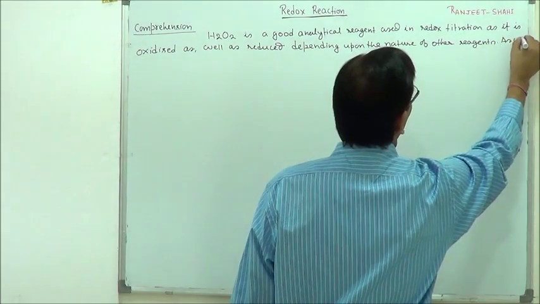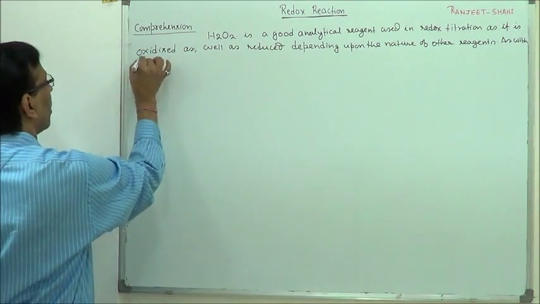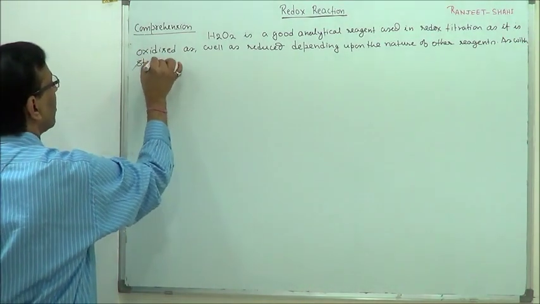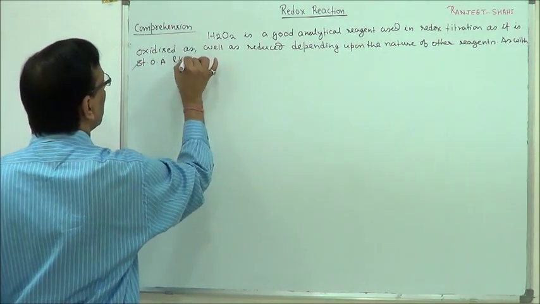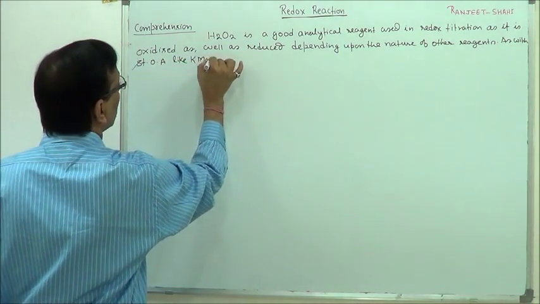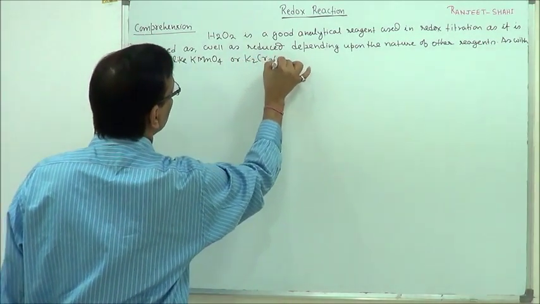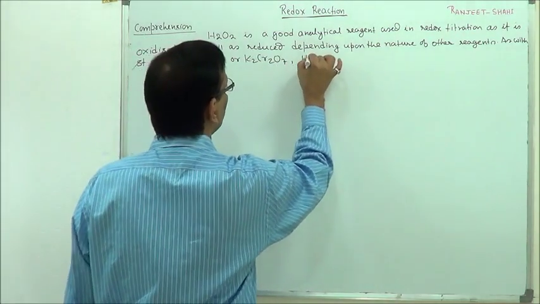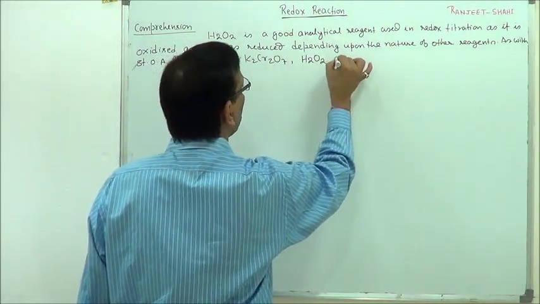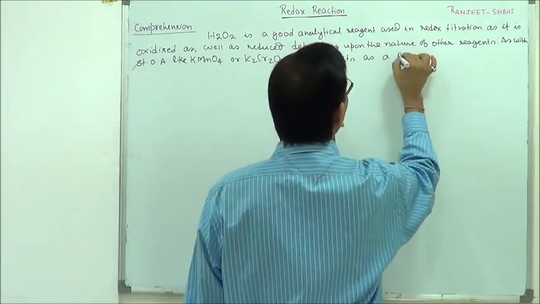As with strong oxidizing agents like KMnO4 or K2Cr2O7, H2O2 acts as a reducing agent,